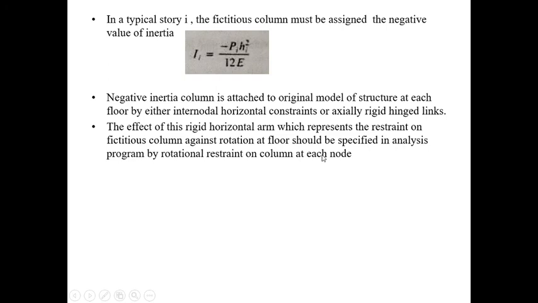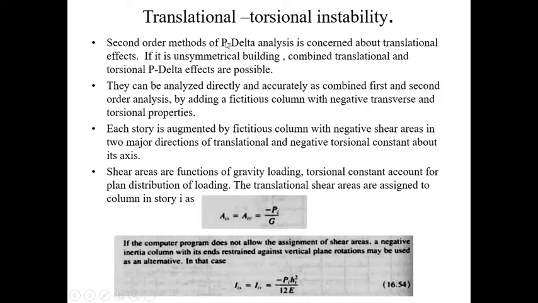The next we shall see is the translation and the torsional. Whatever we have seen in the previous was only for the translational, that is the horizontal displacement. Now if we have the torsional effect, that is the building is getting twisted, how is it to be done? At that time we need to include the torsion term, the J value is to be included.